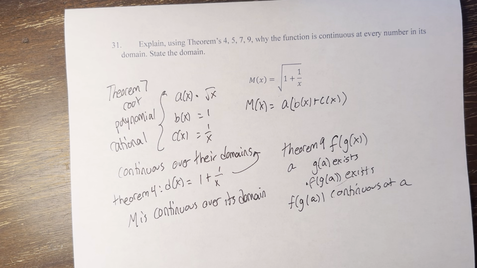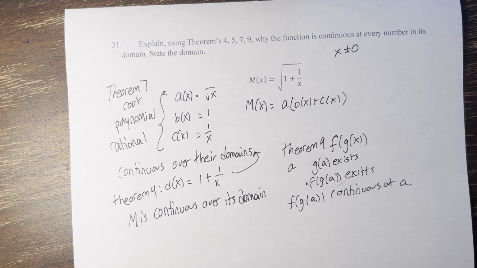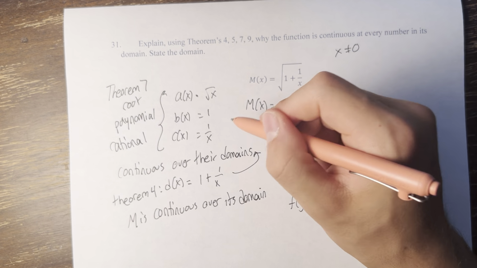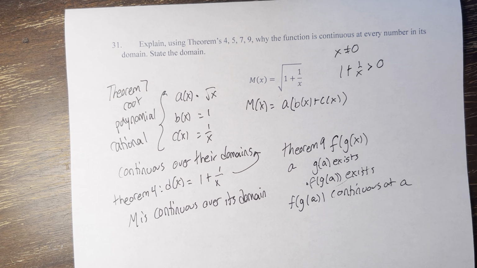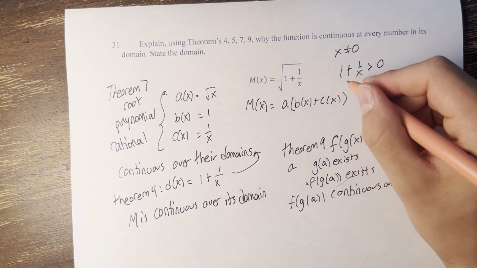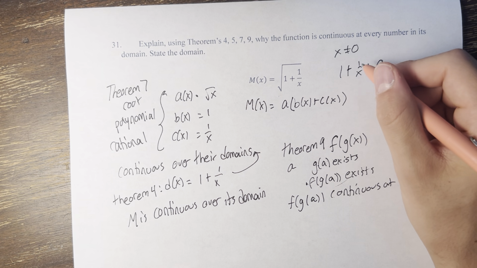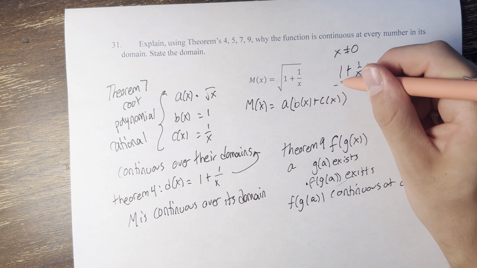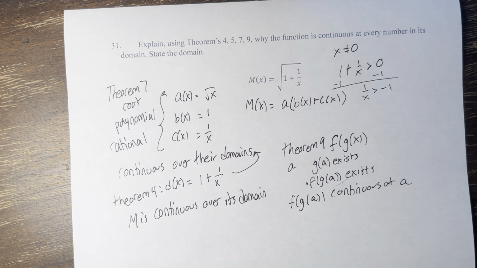Polynomials don't have any domain restrictions. Rational functions do. Their denominators cannot be equal to 0, so x can't be equal to 0. And then we take them together and say 1 plus 1 over x has to be greater than or equal to 0, right? And if we therefore take 1 over x has to be greater than or equal to -1,